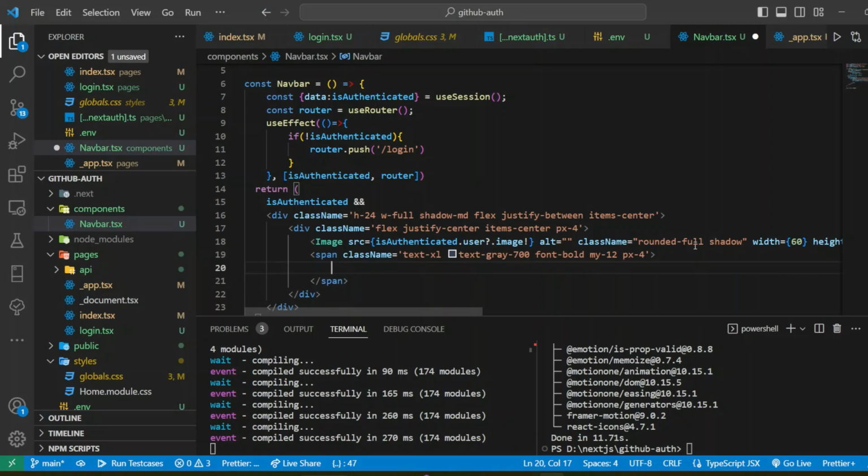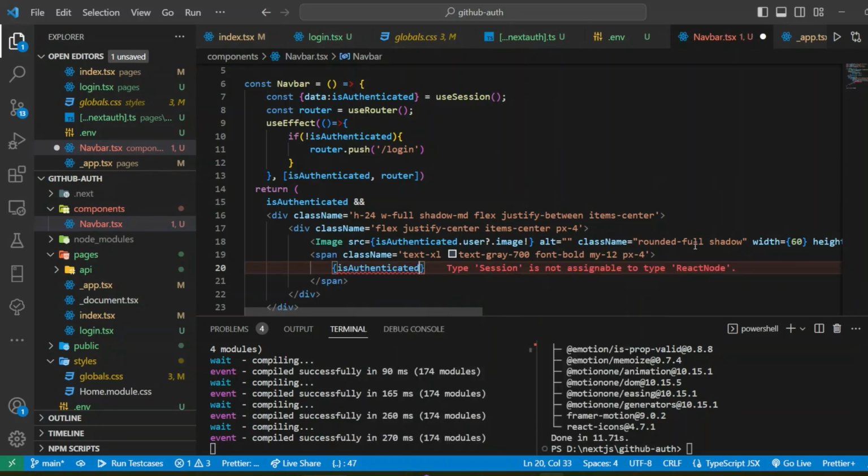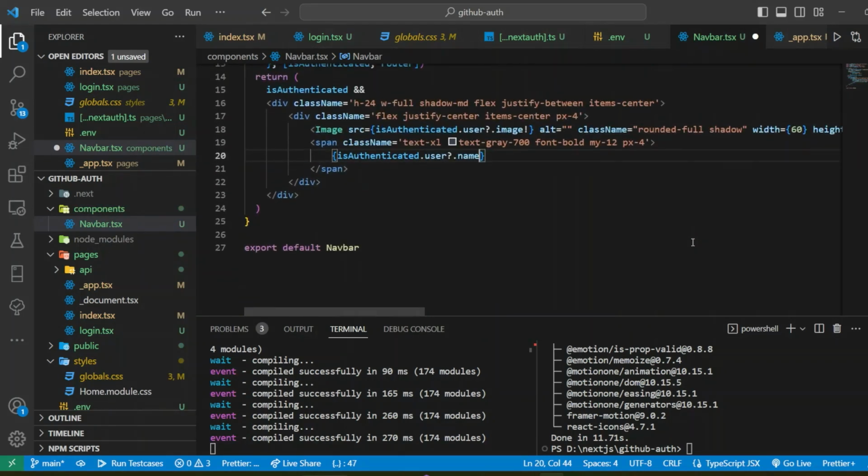Now I want to write here the username, that is your GitHub username within this span. So I'll write again, is authenticated dot user dot name. Here your name will be shown, meaning the authenticated username, and then I want to add a sign out button